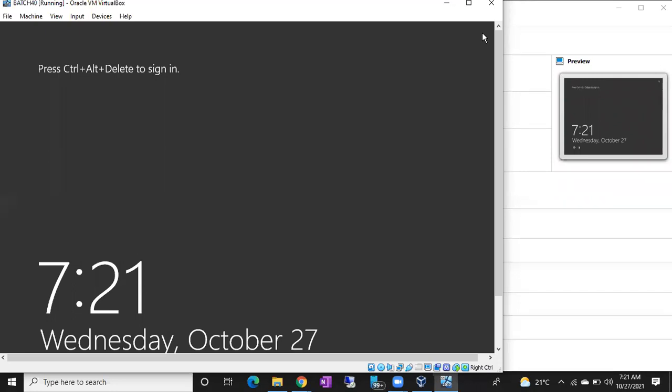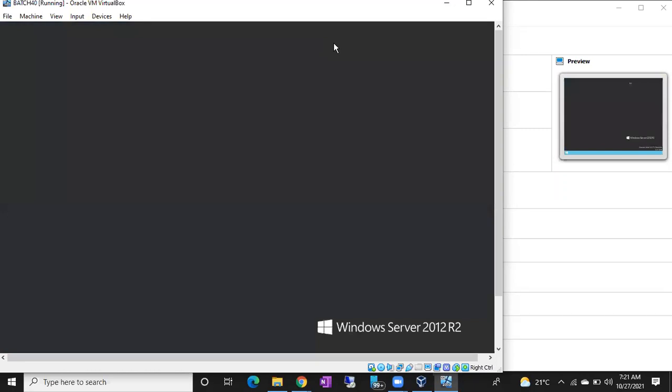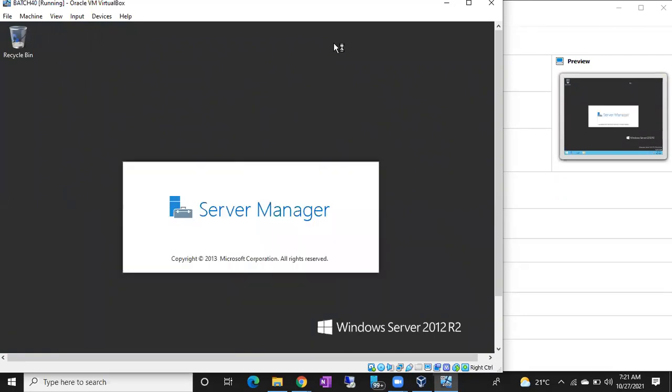Fine. What is the command we use to find out the IP address of the machine? IPconfig. Where are we going to type this ipconfig? Command Prompt. Very good. So open Command Prompt and type ipconfig, then you will get the IP address. Which IP address do we have to consider? IPv4, IPv6, or default gateway? IPv4. Okay. Once I log into the server, you can see Server Manager.